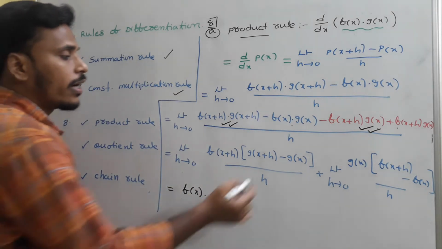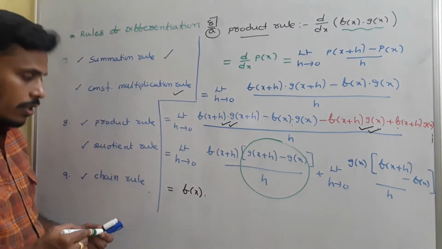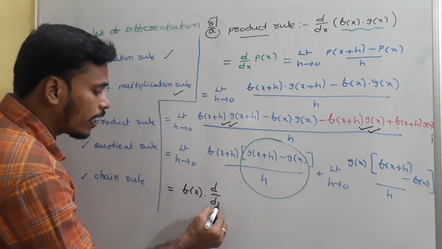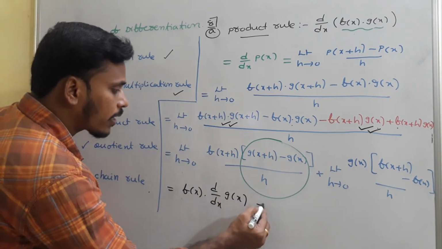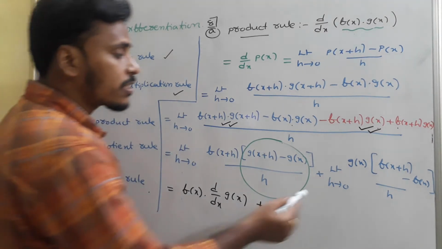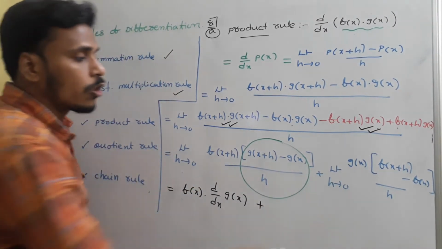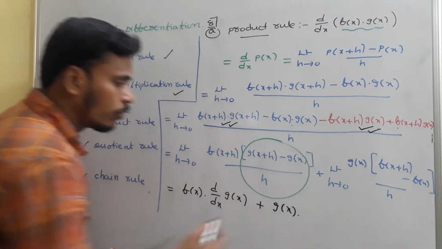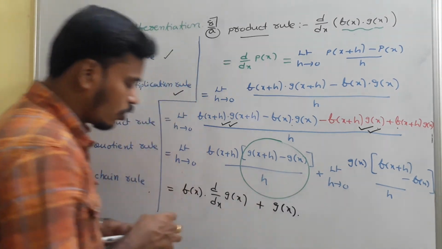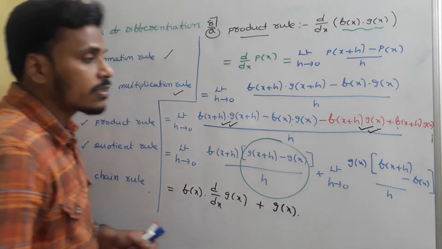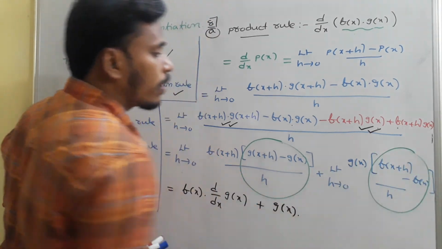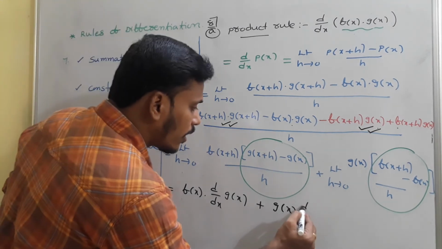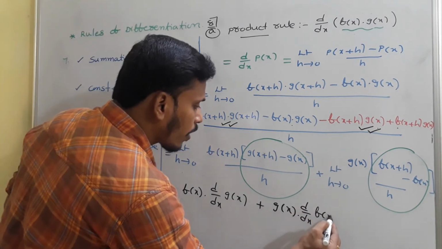into, as h is tending to 0, difference of g values by h, g of x plus h minus g of x by h is simply nothing but d by dx of g of x, plus limit h tends to 0, g of x. See, look at this g of x, h is not involved, so simply write it out, into, now limit h tends to 0, what is the other part? Other part is this f of x plus h minus f of x by h, difference of f values by h, which is simply nothing but d by dx of f of x.